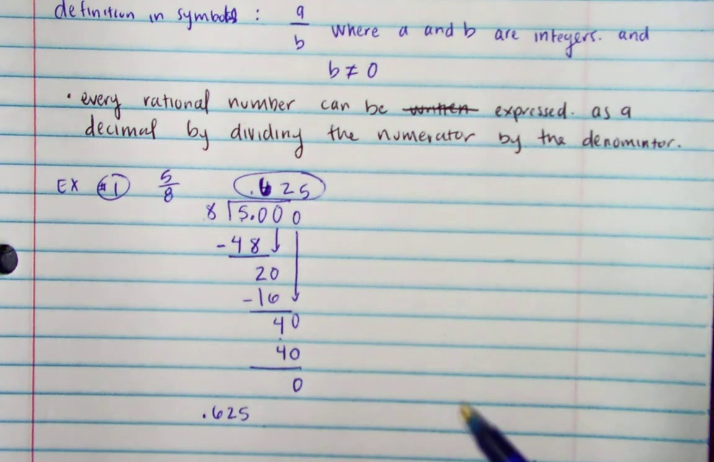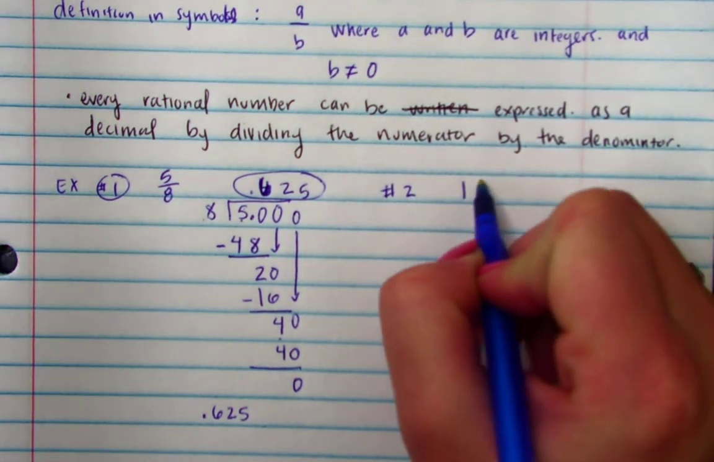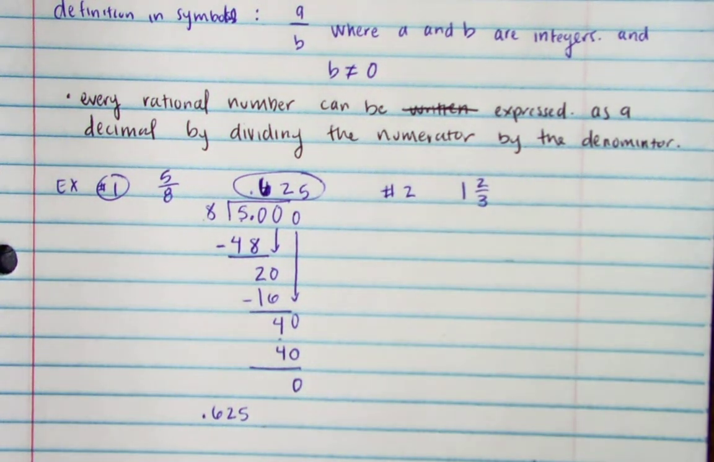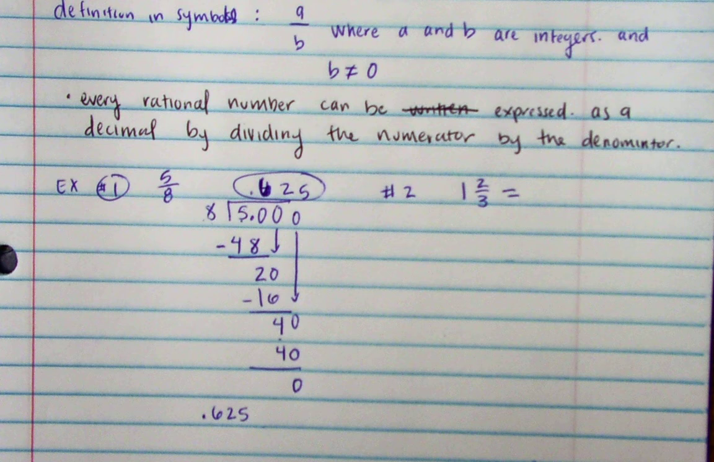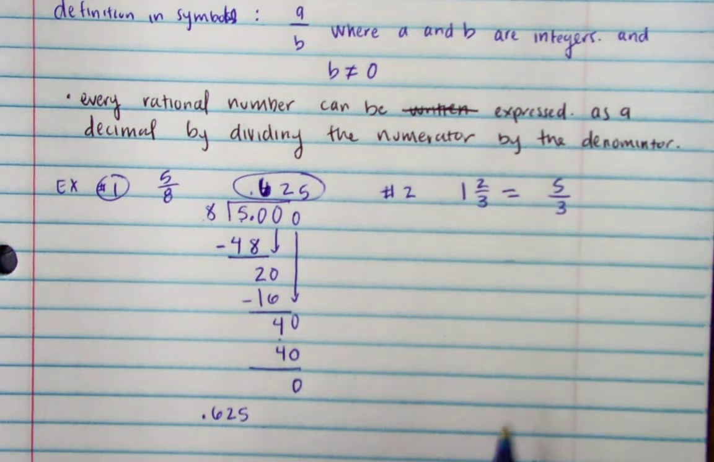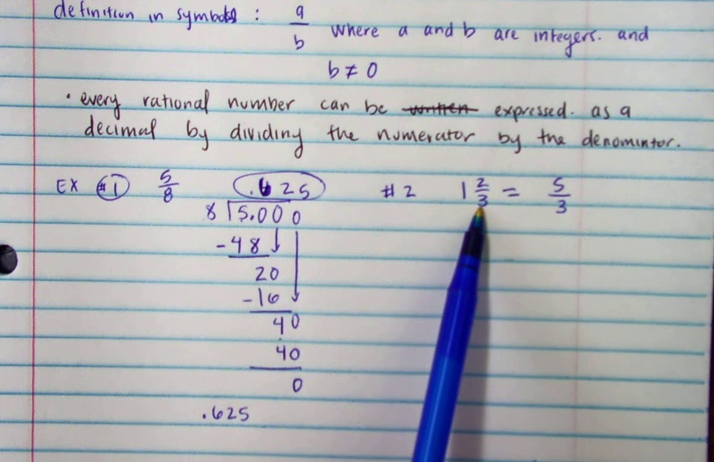This is going to be example number 2. We have the number 1 2/3, which we know if we were to write the number 1 2/3 as an improper fraction, we would have 5 over 3. We get that by multiplying 1 times 3 is 3,